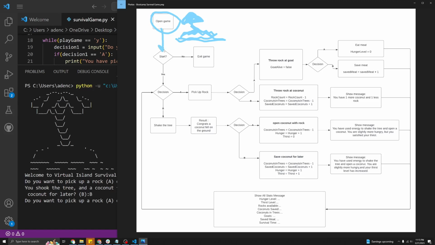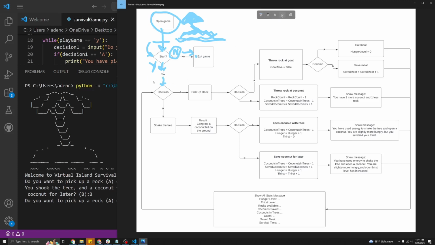So then we came down here. We asked a question with the input. So now we can start the game using that information in the string. If we hit N, the game exits and we can't play anything anymore. If we hit yes or Y, or actually if it's anything other than Y, it doesn't have to be N, we said if it's not Y, exit the game. So anyways, then we go down here and the next question we ask here